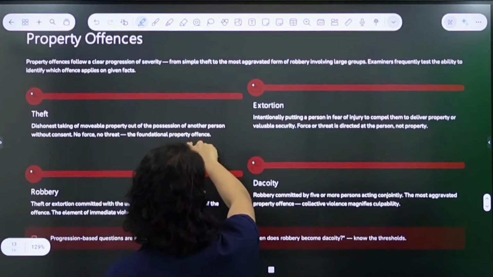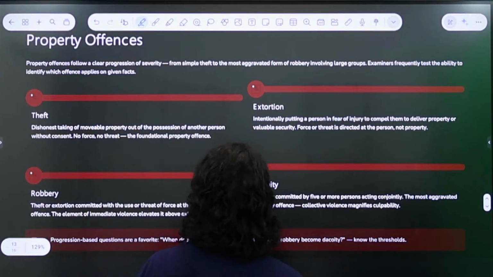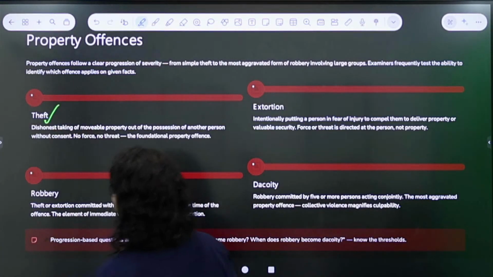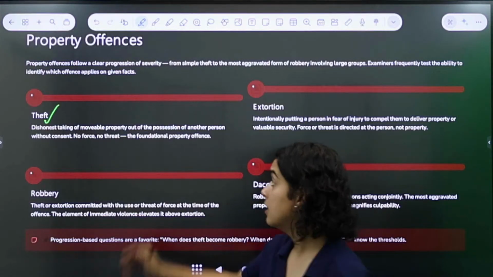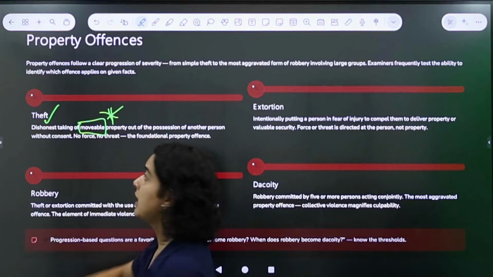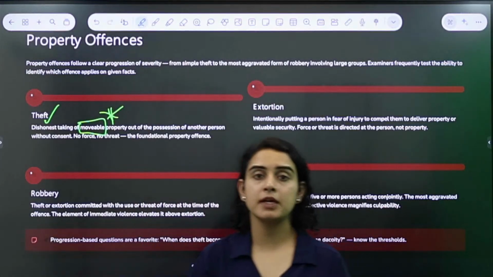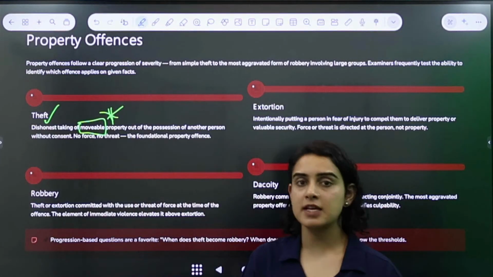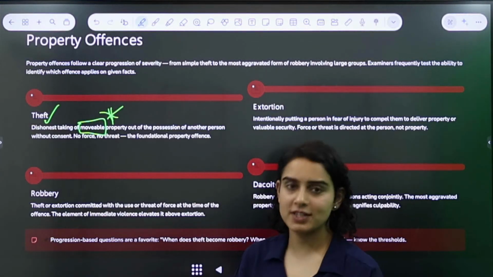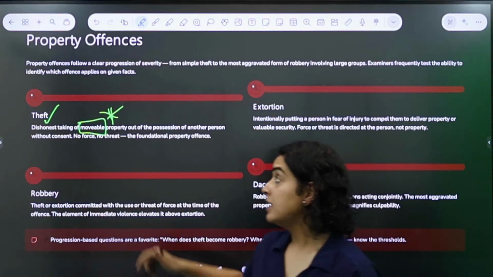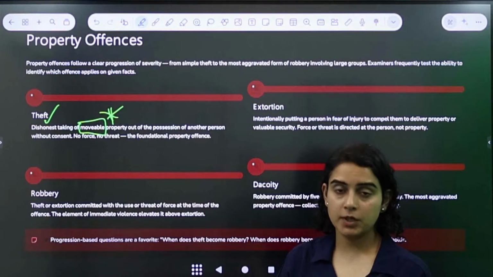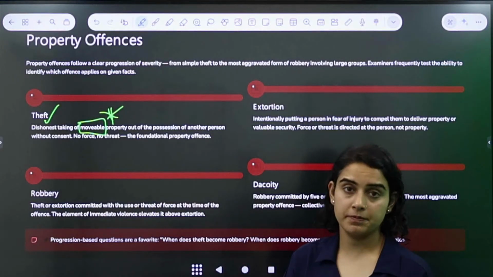Then we have offenses against the property, which is also really, really important. First is theft. Theft means chori karna. When you take away someone's movable property, movable is really important. Movable ka matlab hai the property that can move, right? Maybe a car, a mobile phone, a laptop, things that you can actually pick and move. Pick bhi important nahi hai, woh move kar sakte ho, theek hai? That is when you take away someone's movable property without their consent, without their permission. That's called theft. All right.